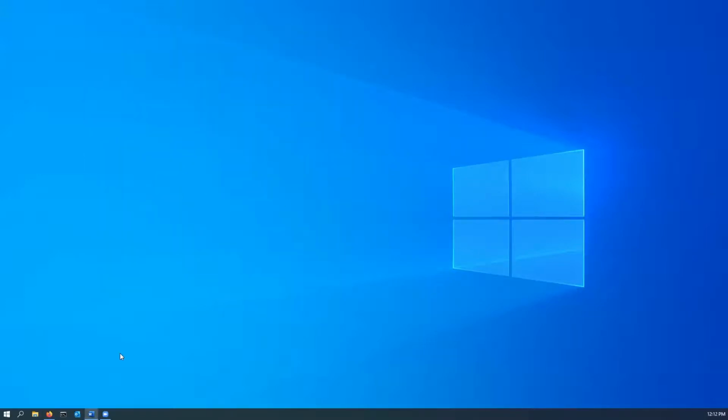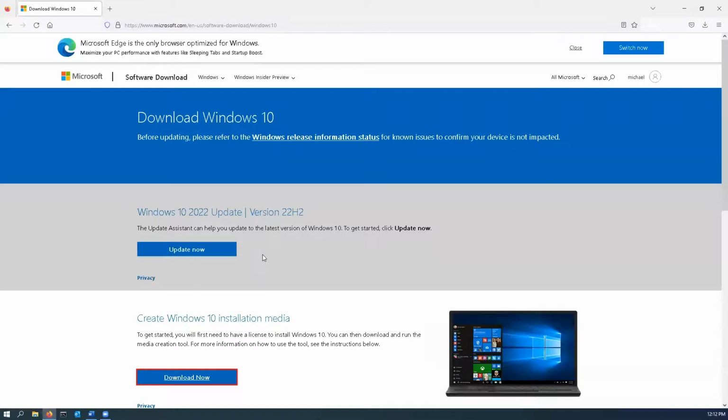We still have to create an ISO file for the lab as well. So we're going to go back to our Internet Explorer or Firefox or whatever, and open up that Windows Media Creation tool again. If you're not using Firefox and you can't easily click on the download that you just did up in the corner, you can just go to your File Explorer, go back to Downloads, and click on Media Creation Tool